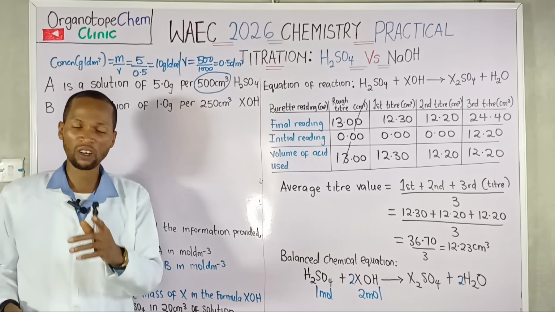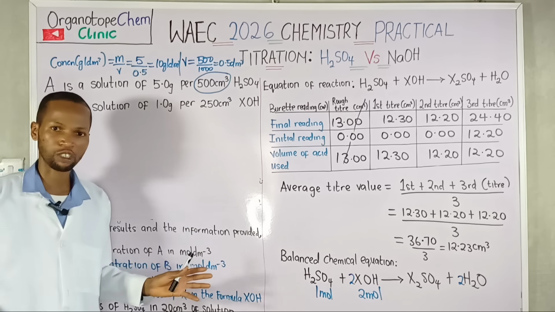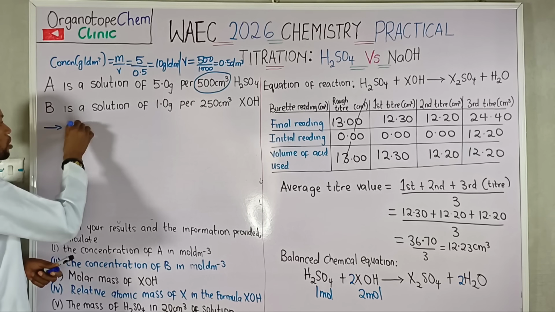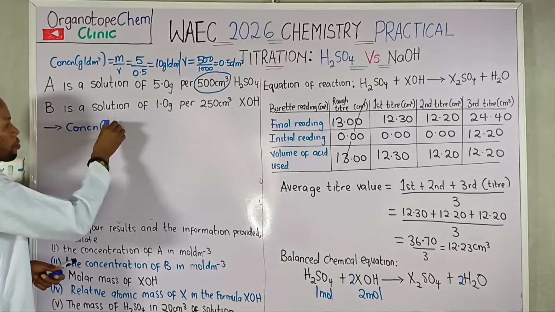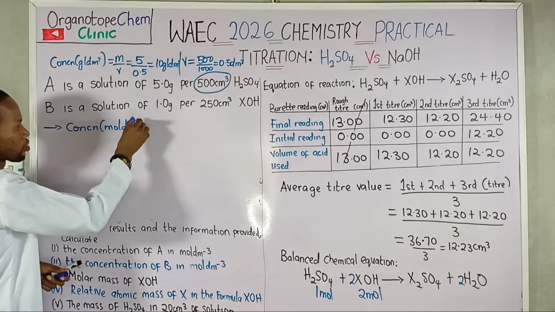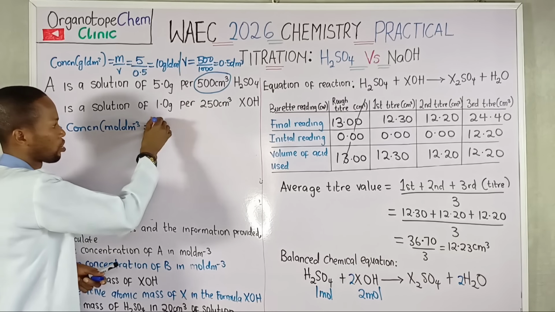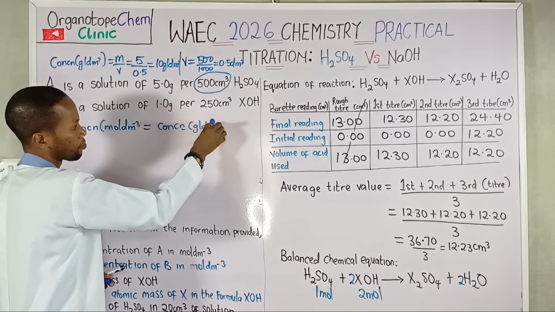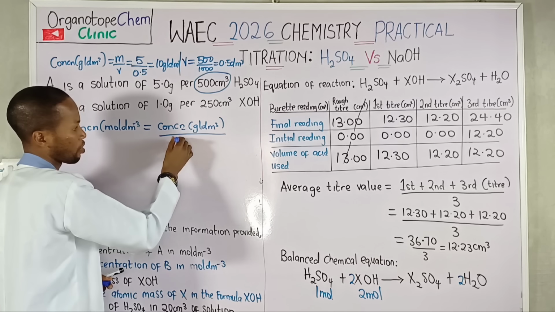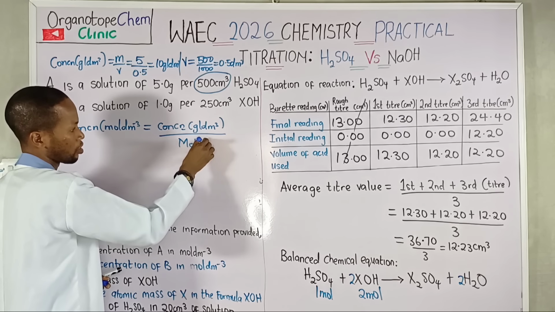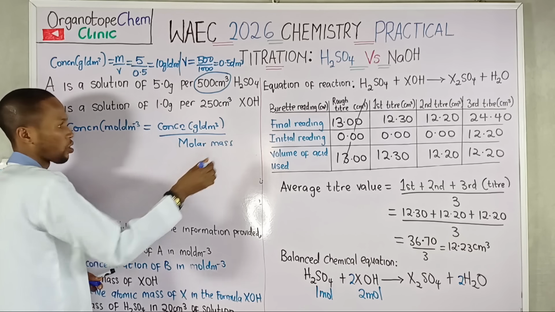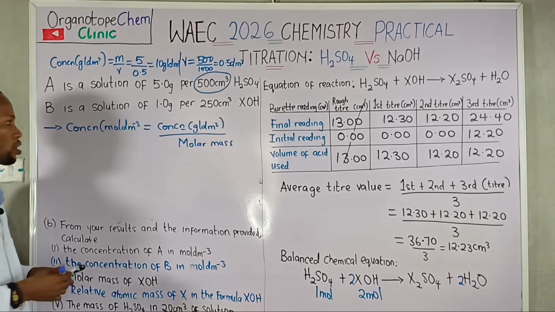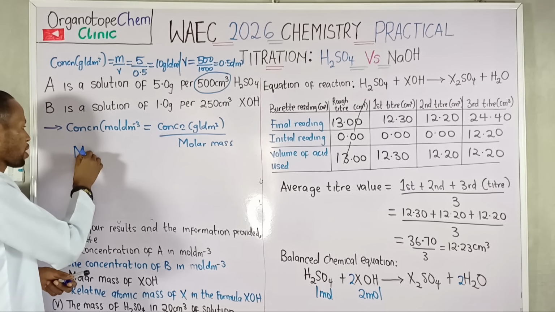We can determine the molar concentration of solution A, which is H₂SO₄, by using this formula. Concentration in mole per dm cube equals concentration in gram per dm cube divided by molar mass. Okay, so can we get the molar mass of H₂SO₄? So the molar mass of H₂SO₄,